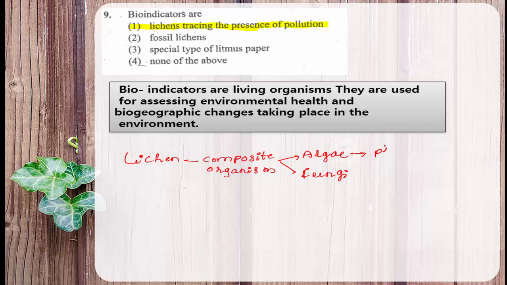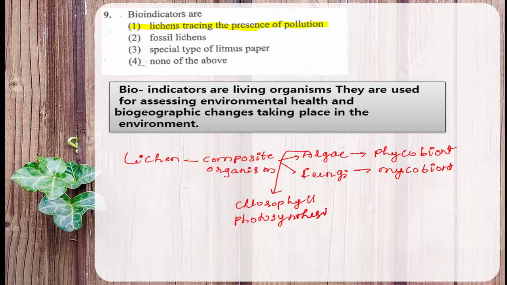The algal component is called phycobiont and the fungal component is called mycobiont. So algae, due to the presence of chlorophyll, synthesize food and carry out